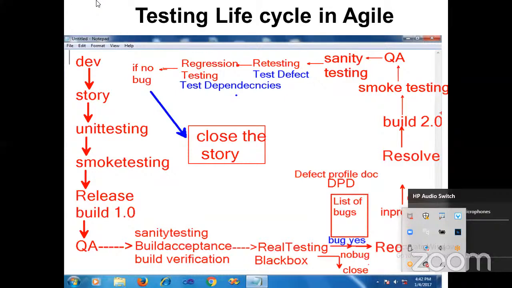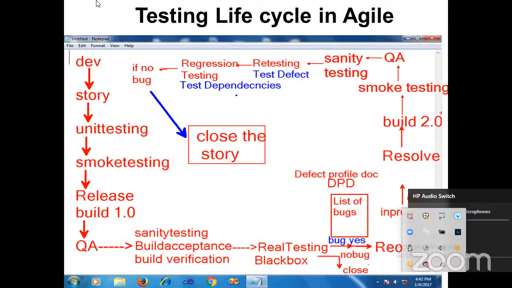Okay, everyone. Once smoke testing is done, smoke testing means checking whether all the database connections are working. The developer will give the task, and he has to send this task to the test engineer after creating it as a module. Before sending it to the test engineer, he will do the smoke testing, checking whether the database connections are working properly or whether the hyperlinks are working properly or not. He will create an environment for the tester to test the code. Once smoke testing is done, then release will be done,